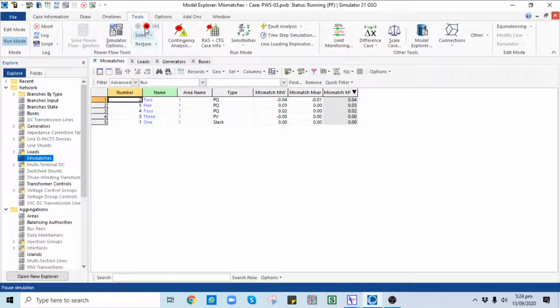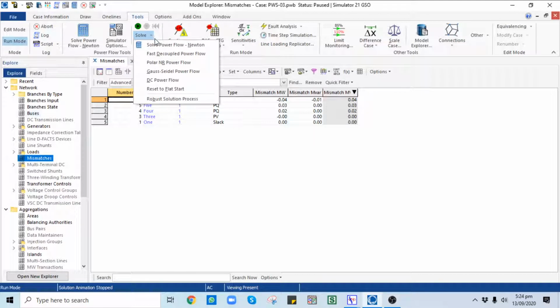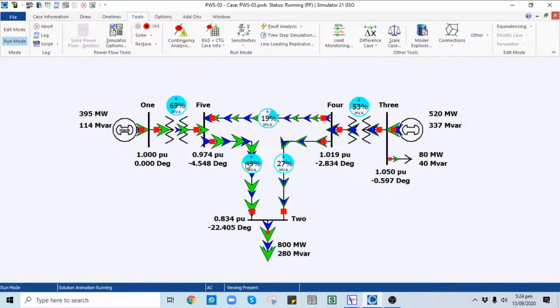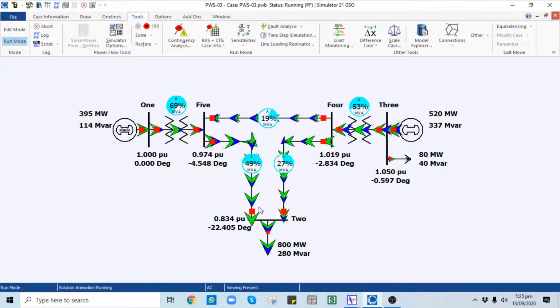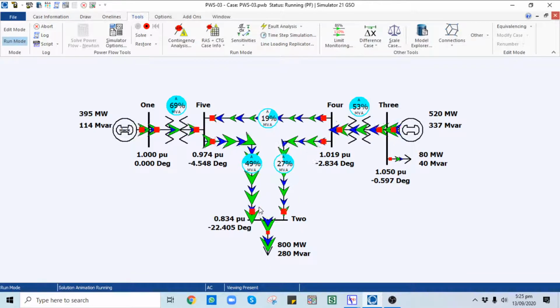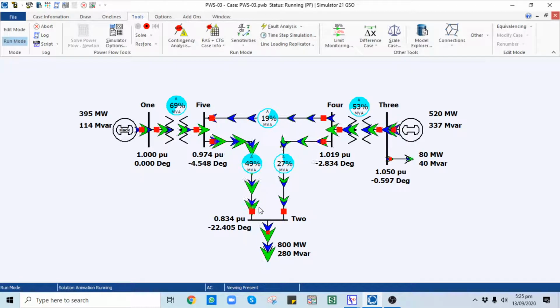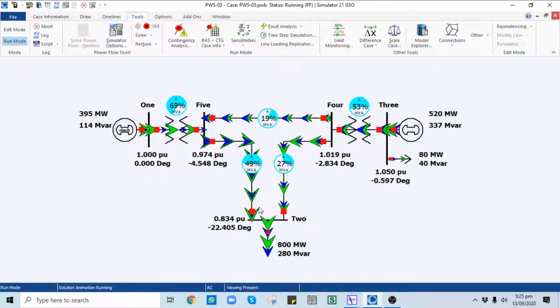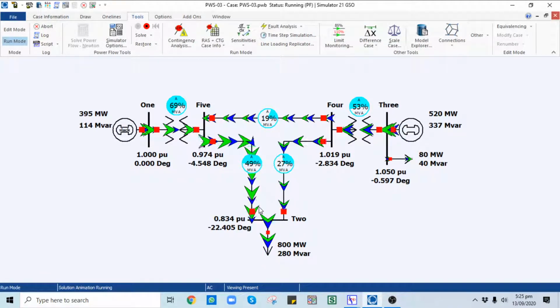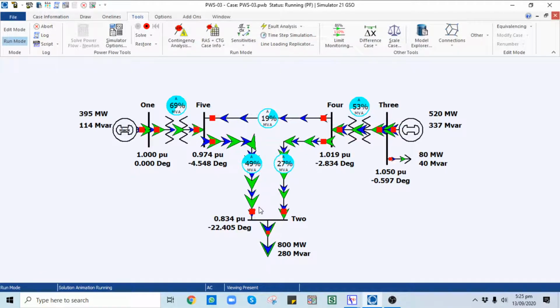So in this method, initially solve your case and go to the tab. You can see that the simulation animation is running and the solution is perfectly converged using power flow solution methods, most importantly the Newton-Raphson as well as the fast decoupled Newton-Raphson.